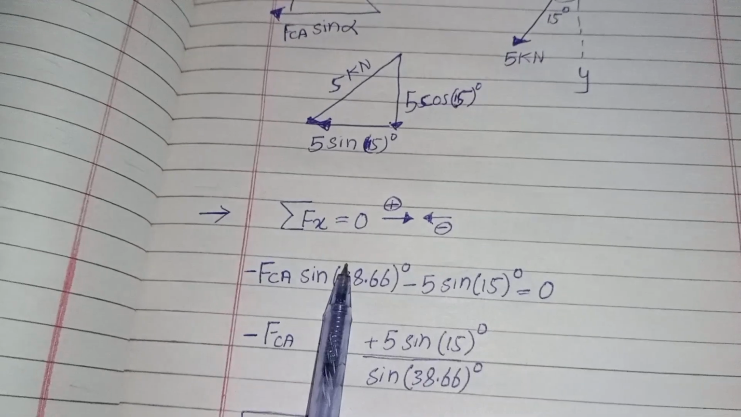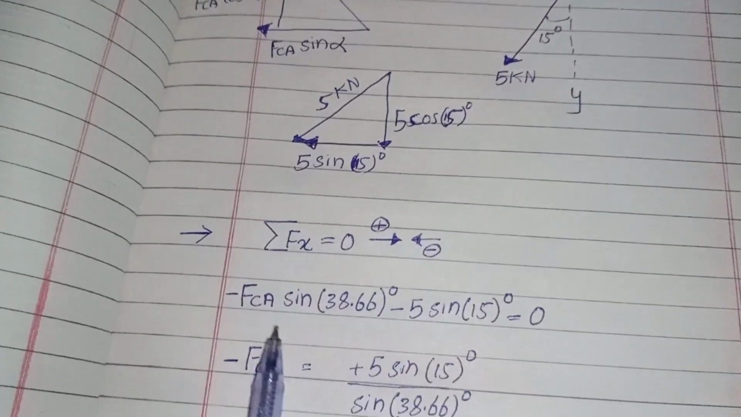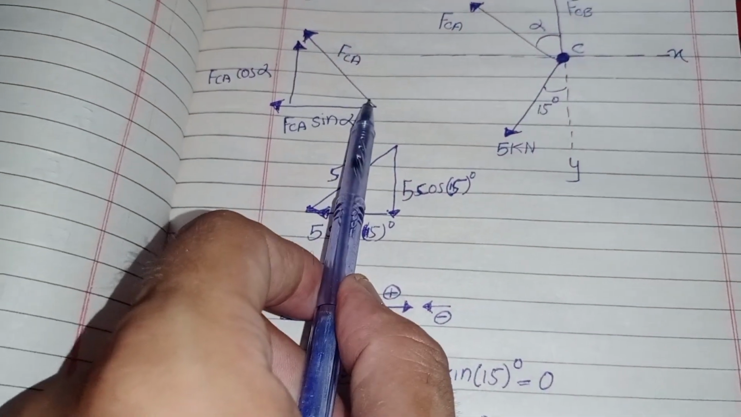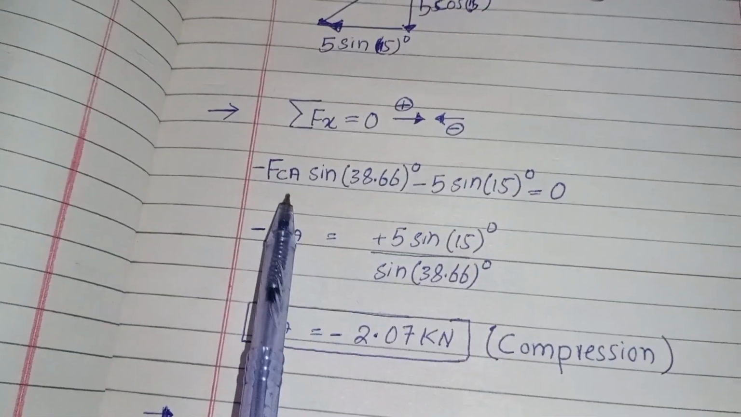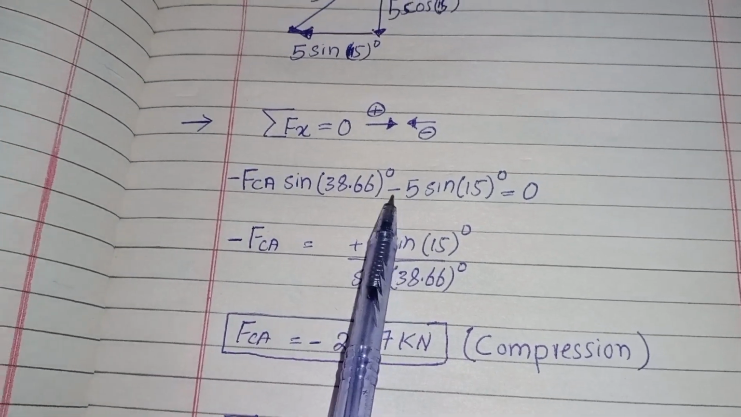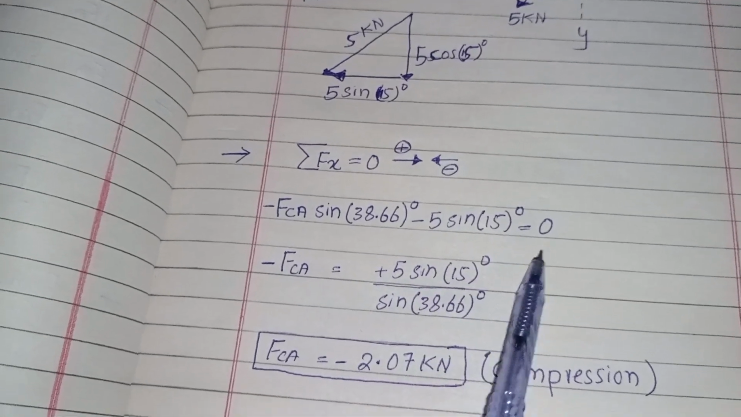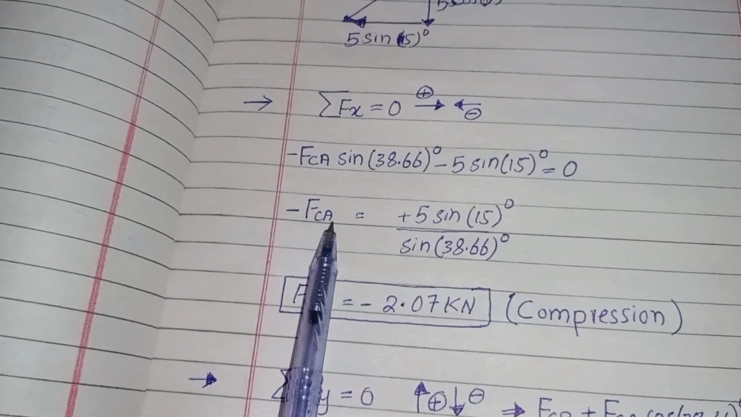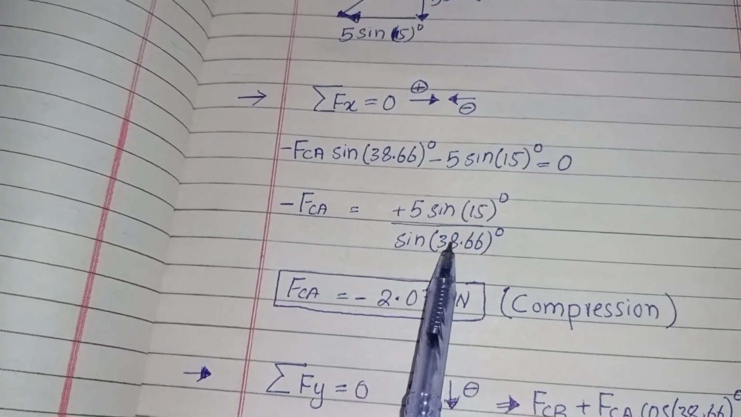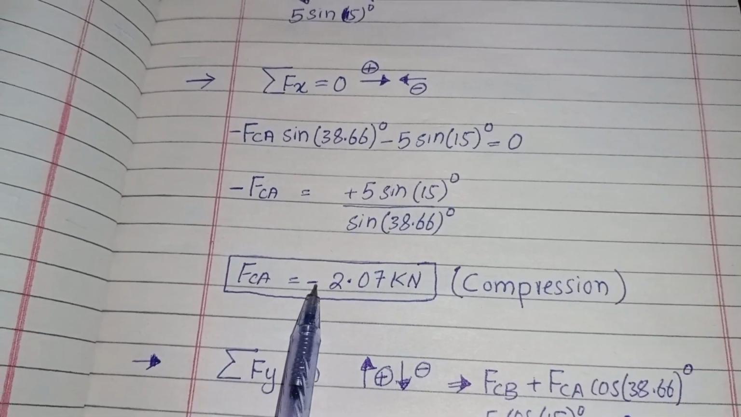So summation of all horizontal forces equal to 0. For horizontal force, these two forces only. So FCA sine 38.66 degree, this is alpha, minus 5 sine 15 degree equal to 0. So FCA will come out 5 sine 15 degree divided by sine 38.66. When you solve it on calculator, FCA will come out